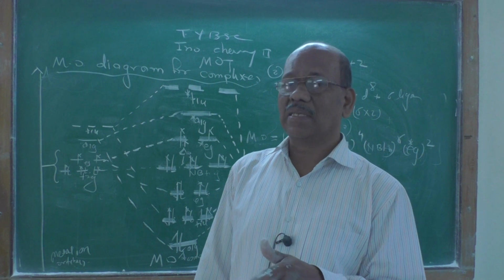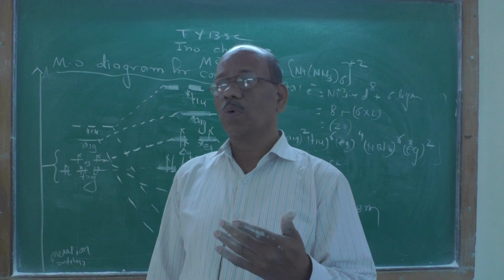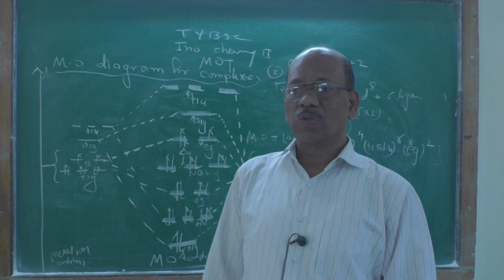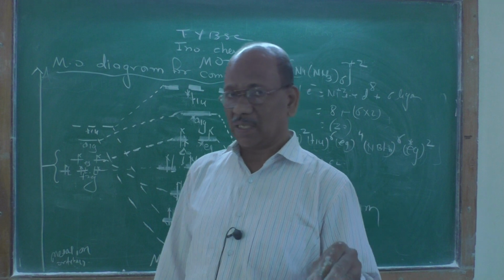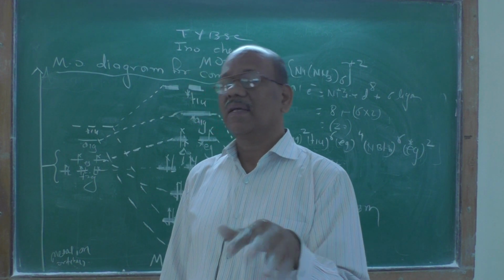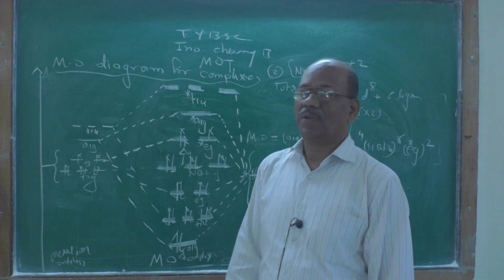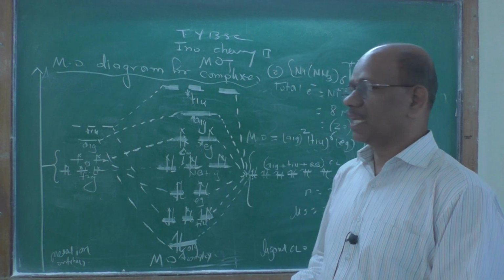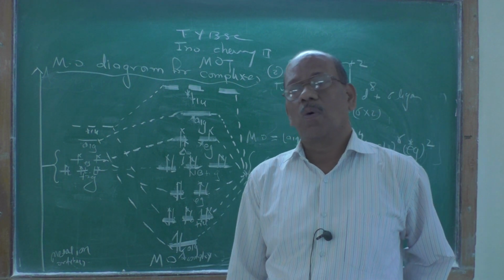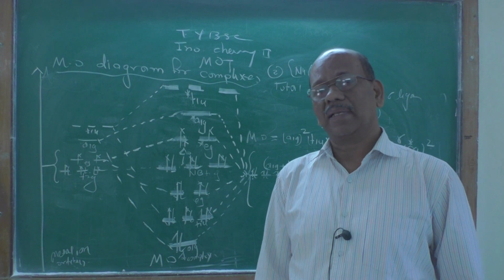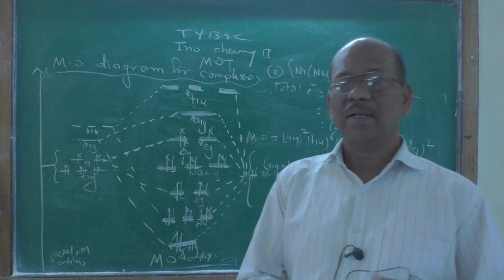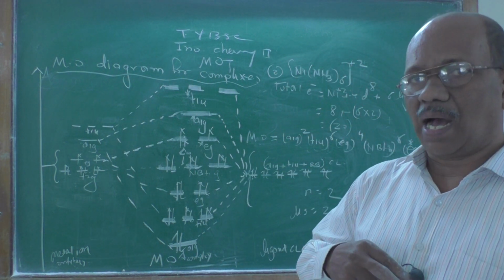So it is the best example of how MOT explains high spin and low spin complexes. The metal ion is the same, cobalt 3+. Only the ligands are different: cyanide, a strong ligand, and fluoride, a weak ligand. In the next lecture video, I will explain these cobalt complexes with fluoride and cyanide ligands, where high spin and low spin complexes are also there.